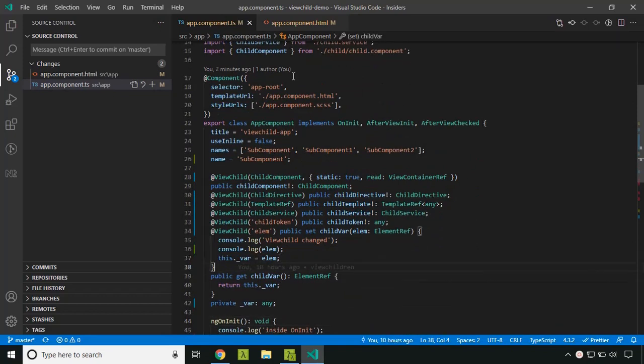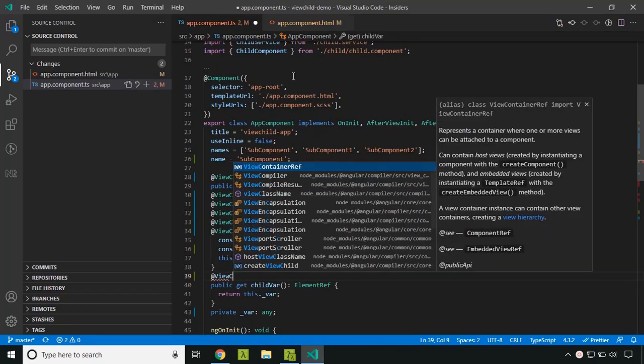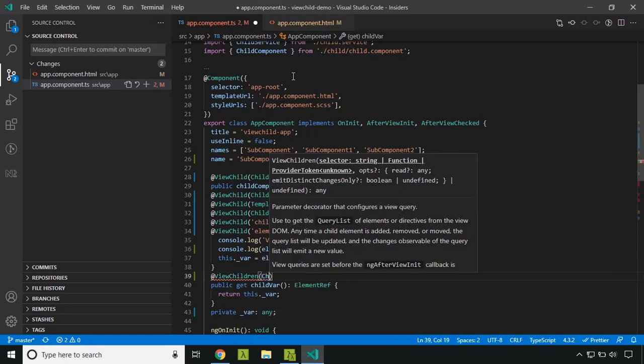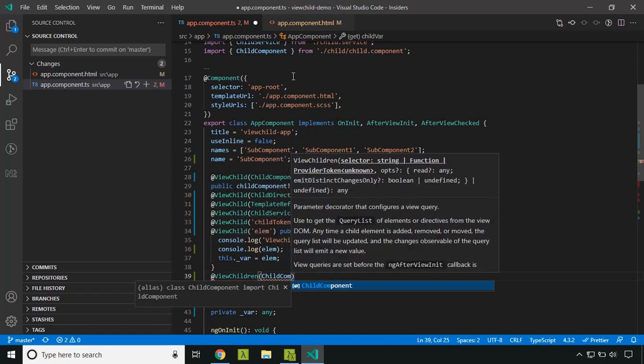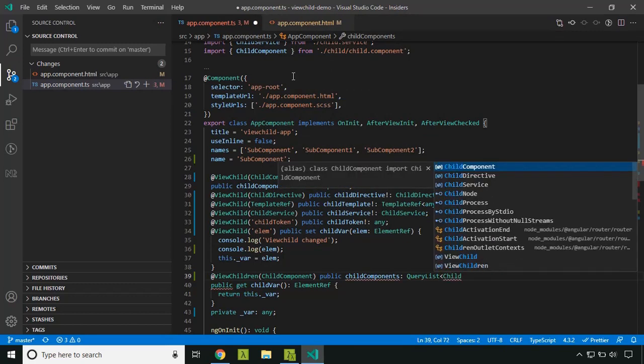Let's add a ViewChildren. The syntax is similar, and inside that I am passing a child component, and again I will give an access modifier and give a name, childComponents, and the result will actually be a query list of child components.